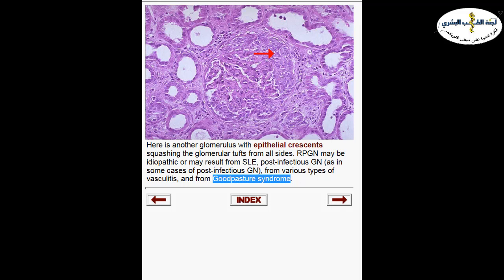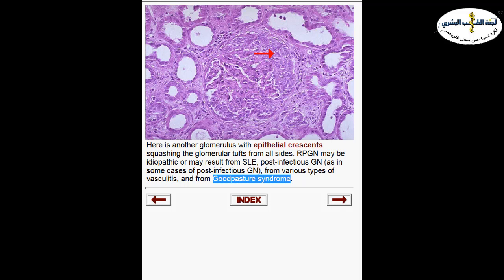Antibody against collagen. Yes, it's an autoimmune disease. These patients have antibody against glomerular basement membrane. As you know, the glomerular basement membrane contains type 4 collagen, so it's against one part of the structure of collagen type 4. And this antibody is bound to the glomerular basement membrane of the kidney, but most of the time also to the basement membrane of the lung. So most of them will also have lung symptoms of shortness of breath, chest pain, hemoptysis, coughing blood, okay? In addition to hematuria, proteinuria, and other features of kidney problem. So this is Goodpasture syndrome.